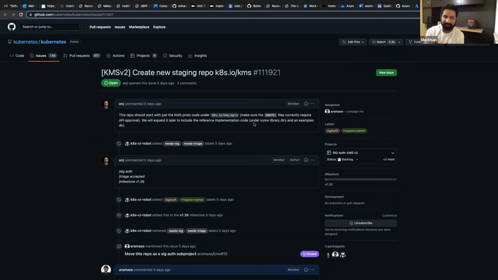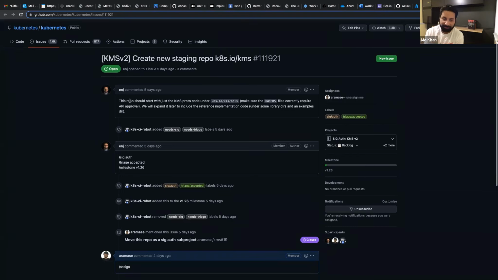But also, this is where I'm expecting the reference implementation to live, the key hierarchy code to live, any metrics code. It would all be there, ideally as separate packages within this repo, so people can pick what they want and use it in their own projects. Also an examples directory with a full implementation of a plugin, basically using all the pieces.